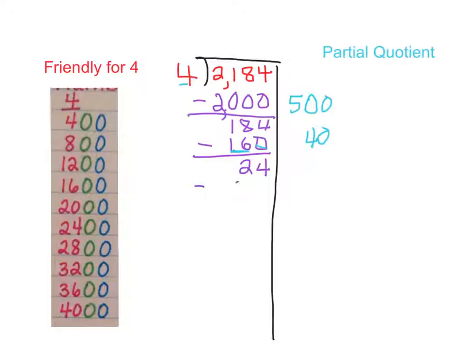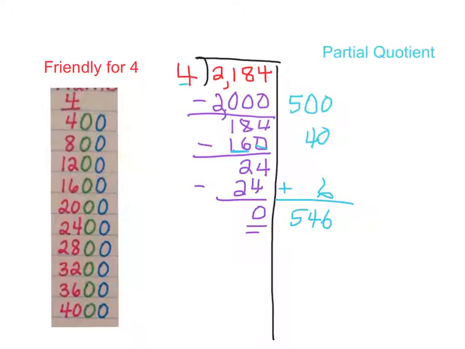So I can subtract 24. Anytime I subtract, I have to put a partial quotient. I know that 4 times 6 is 24, so my partial quotient will be 6. Then when I subtract, I'm left with a 0. That means there is no remainder. This 0 means no remainder. Now I take my partial quotients and I add them together, and I get